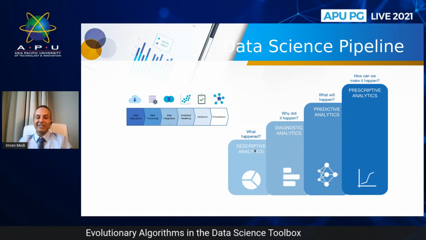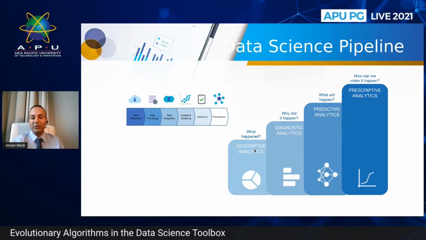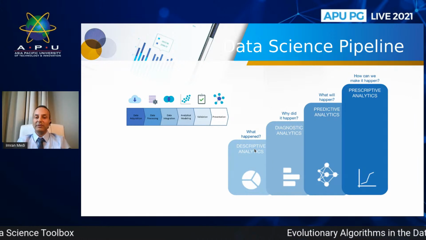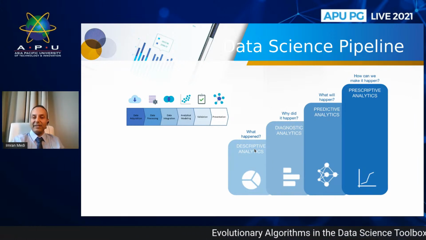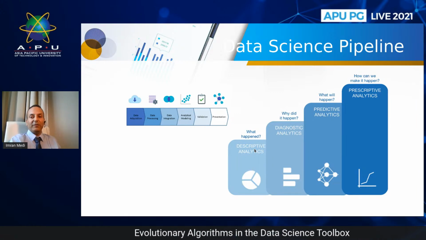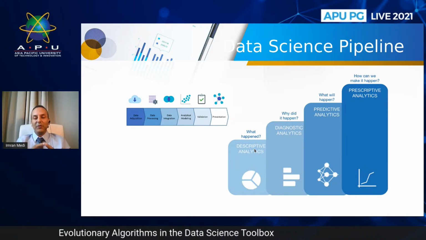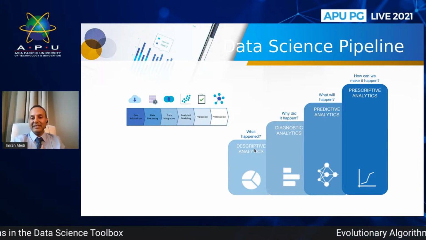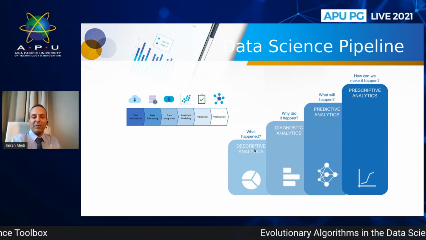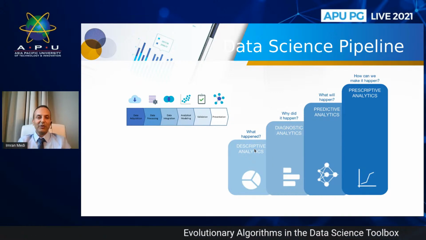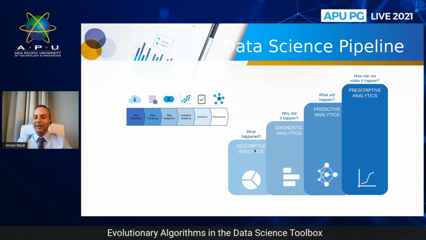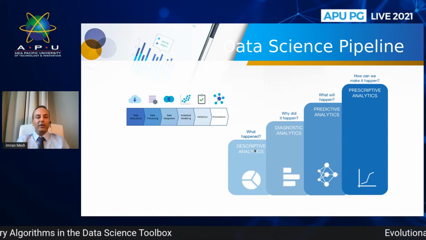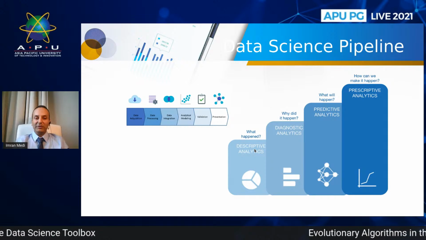Okay, we can engage in descriptive analyses to find out what happened. From there, we can engage in diagnostic analyses to find out why something happened, and then engage in predictive analyses to find out what will happen. And ultimately then go through a process of prescriptive analyses to help us to make better decisions. And so ultimately the aim is to help improve that decision-making process, whether we're in an organization or we're in government and so forth.